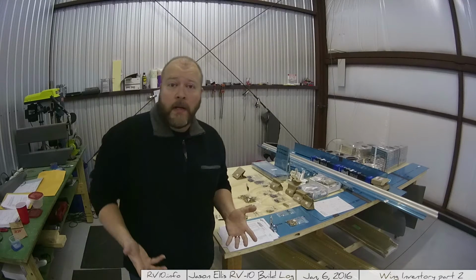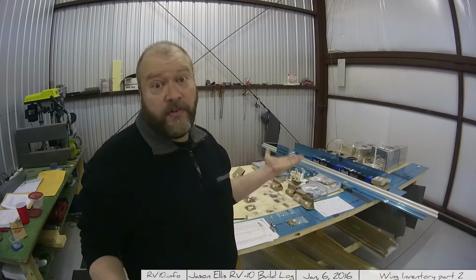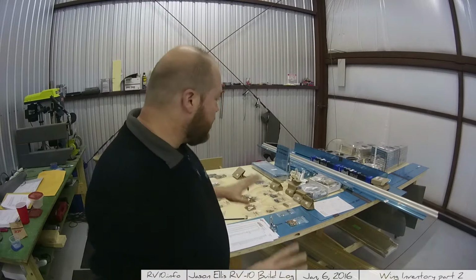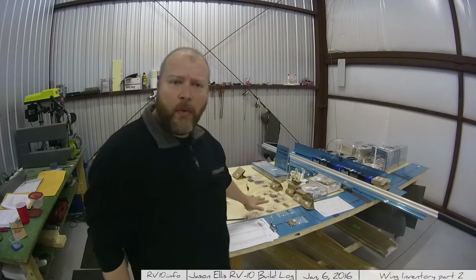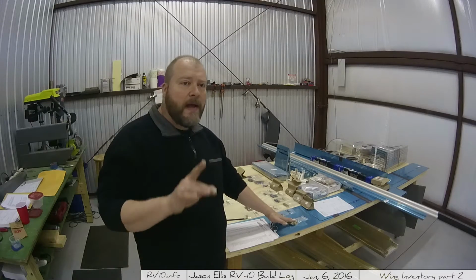Well, it's a couple days later. Not nearly as cold out. It actually says it's 60 in here, but I know it's like 40 outside. Insulation in this hangar is actually pretty good. But I'm going to go back and continue organizing more of these parts and kits,